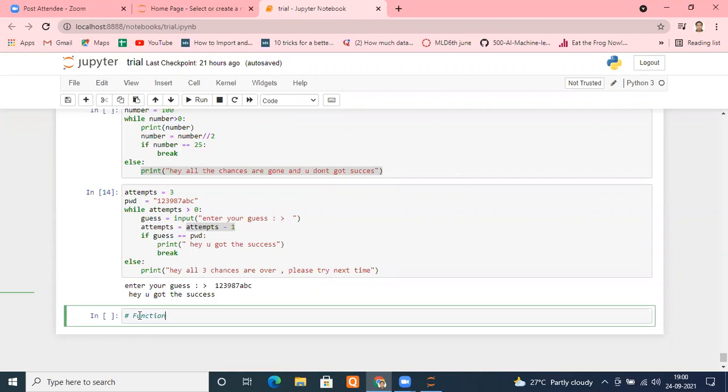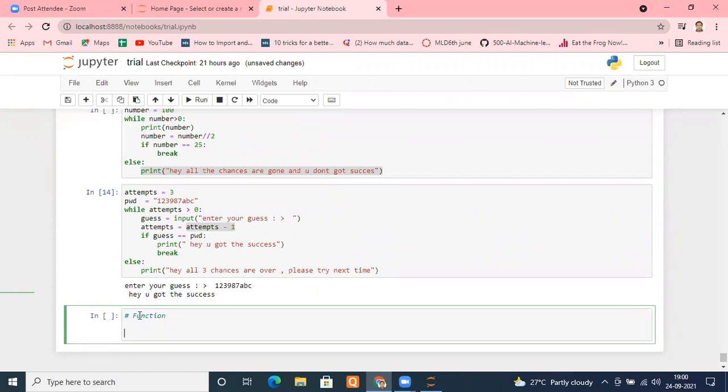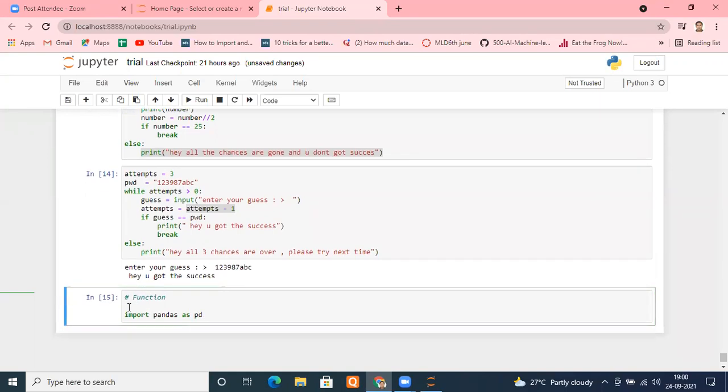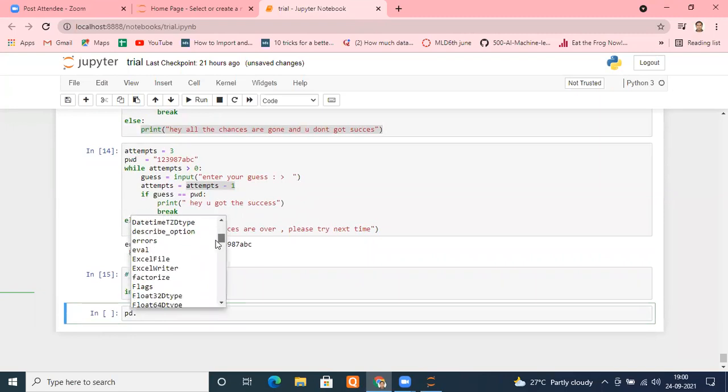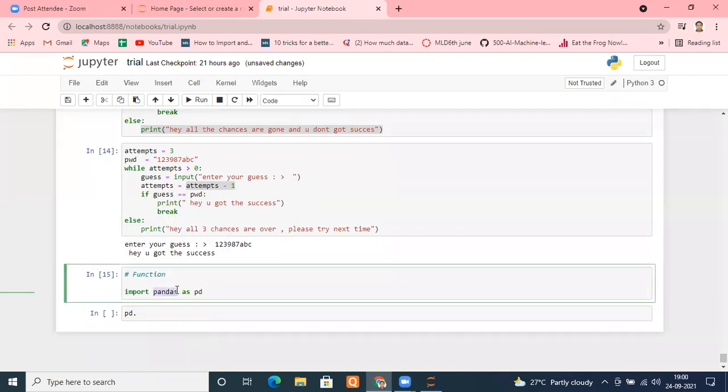For example, remember we studied one thing, if you can recall: import pandas as pd. Remember, we were studying it while uploading things on Google Drive. We do import pandas as pd, and once I did that, I used pd dot something and pressed tab. See, a lot of functions are visible here, which are available under the pandas library. I can also do that, you people can also do that. This is how people work. In future, you may generate a library of your own.